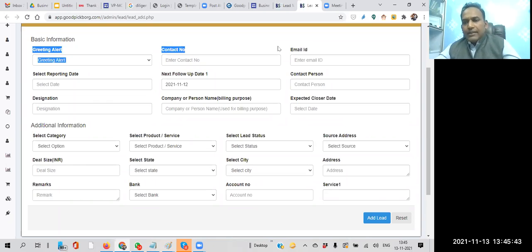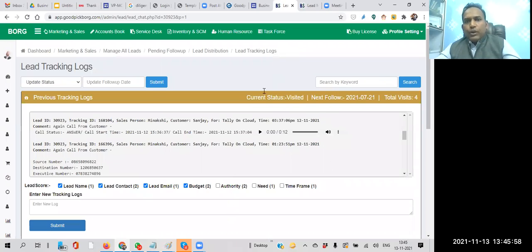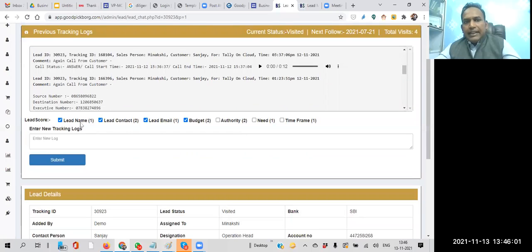Coming to the topic, there are three contacts which are most important to enter and to consider as a lead. We have included these parameters in the score of that particular lead. Thereafter, what are the other parameters? This is lead name, lead contact, and then lead email.